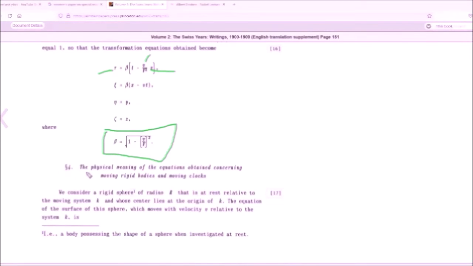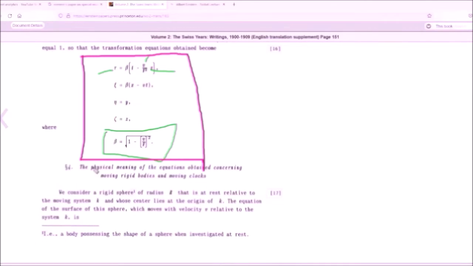Section 4: the physical meaning of the equations obtained concerning moving rigid bodies and moving clocks. What is the meaning of this? He wants us to figure out, to convince you, or to get a meaning of these equations. We consider a rigid sphere of radius r that is at rest relative to the moving system small k, and its center lies at the origin of k. The equation of the surface of this sphere, which moves with velocity v relative to the system K,